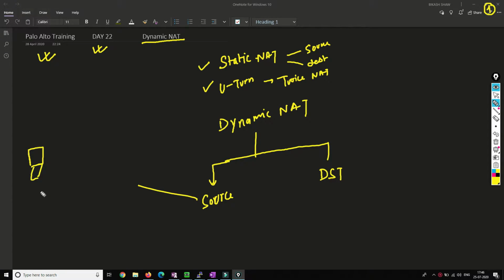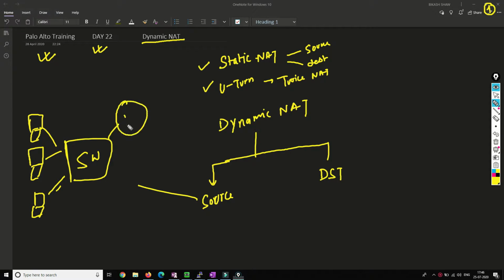In source, what happens is, let's say you have some VIP users and you have allocated some public IPs to them. They will be connected to a switch, the switch will be connected to the PA, and the PA will assign some public IP to them, and they will be able to go to the internet. Once they come to the office, maybe they will be connected to the Wi-Fi network, or they may be connected to the LAN network. Once the traffic hits the Palo Alto Firewall, there will be a public range defined for them, and they will take an IP address from it and use the internet.